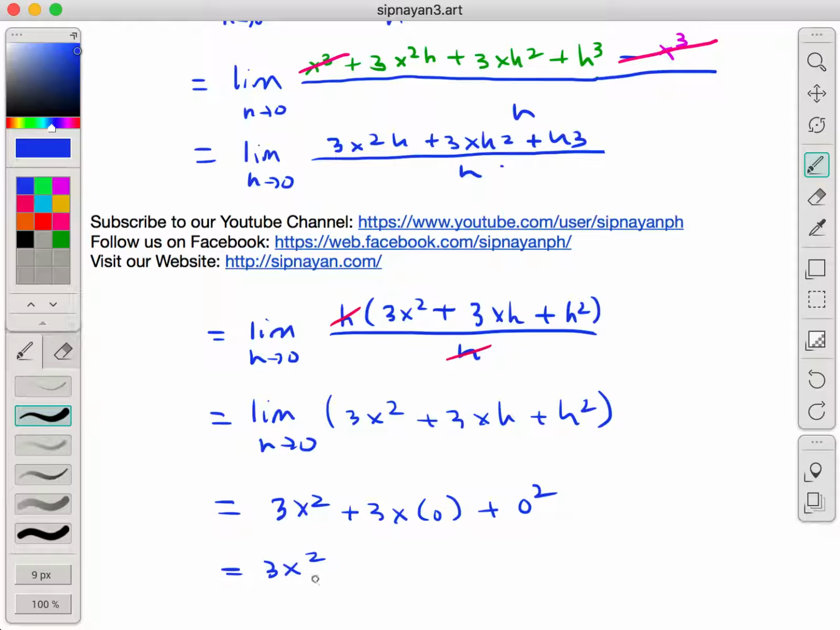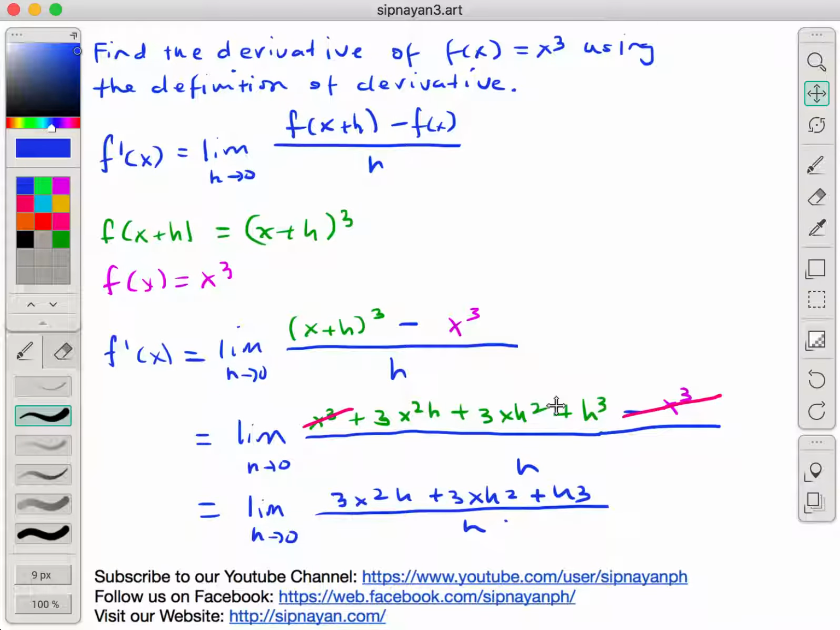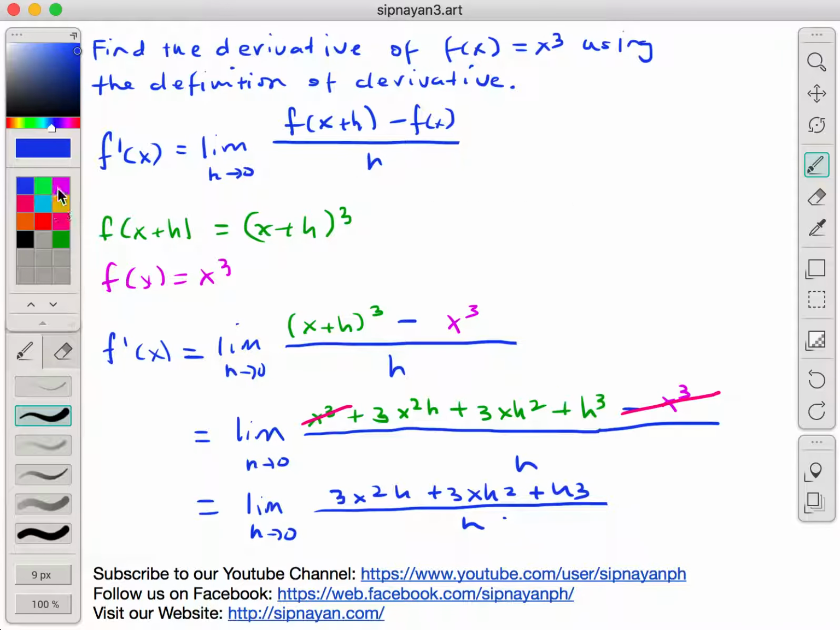Okay, so again, this is the slope, no? This is f prime of x. This is the slope of x cubed at x, no? So, ang sagot natin ay f prime of x equals 3x squared. So again, i-remind ko kayo ano ibig sabihin ng derivative. The derivative, which is denoted by f prime of x, is actually the slope of the function. The slope of f of x equals x cubed at